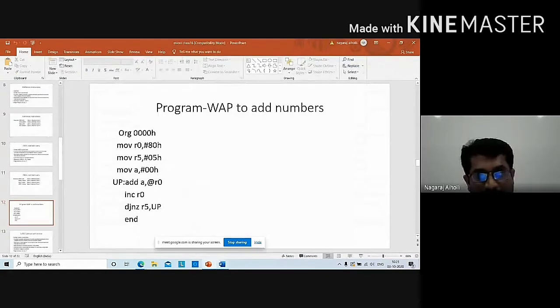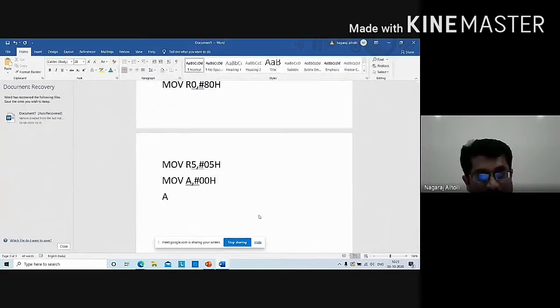Now I will use the add instruction: ADD A, @R0. What will this instruction do here?